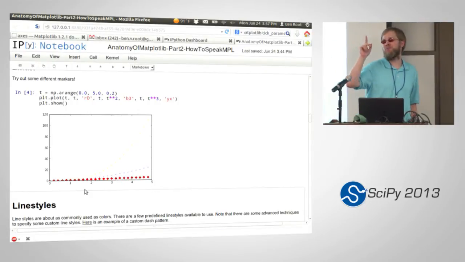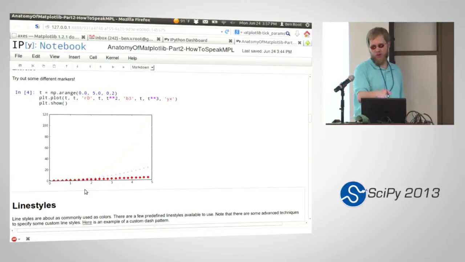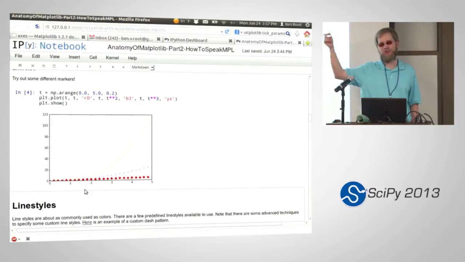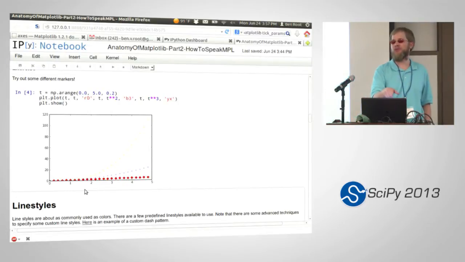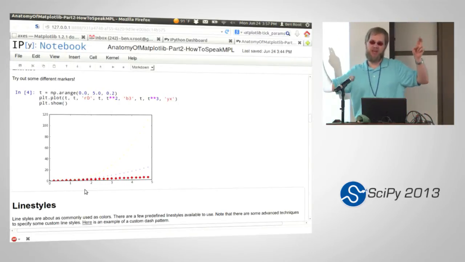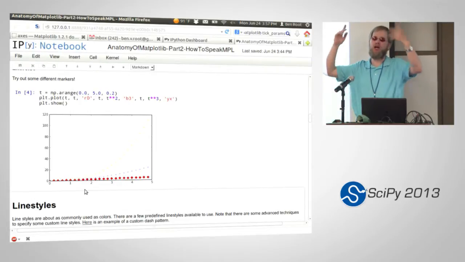If you don't specify the color, we'll use the color cycle. If you do specify the color, we'll use the default marker. We interpret those strings. So what you're entering is the plotting specification, which is a combination of the marker